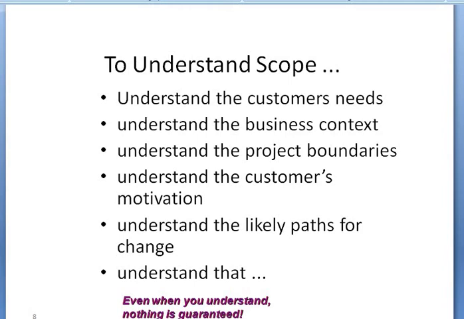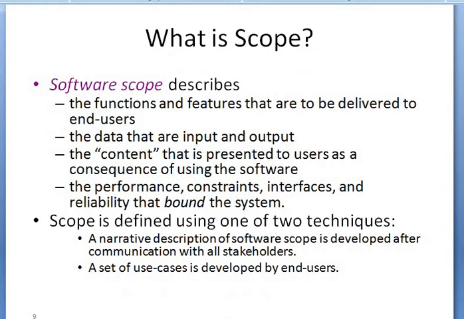So what is meant by scope? Basically, scope refers to all the work involved in creating the products of projects and the processes used to create them. So software scope describes all types of work involved in creating the products of the project as well as the processes used to create them. It describes the functions as well as features that are to be delivered to end users,